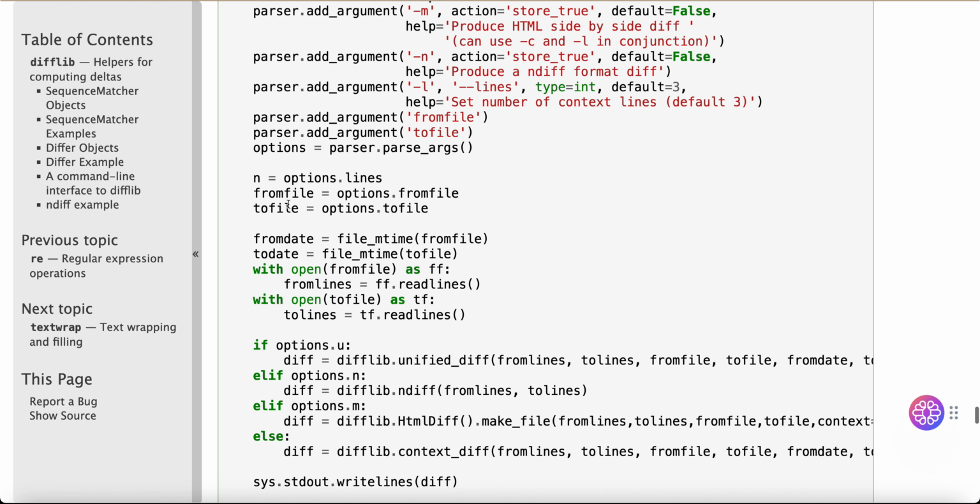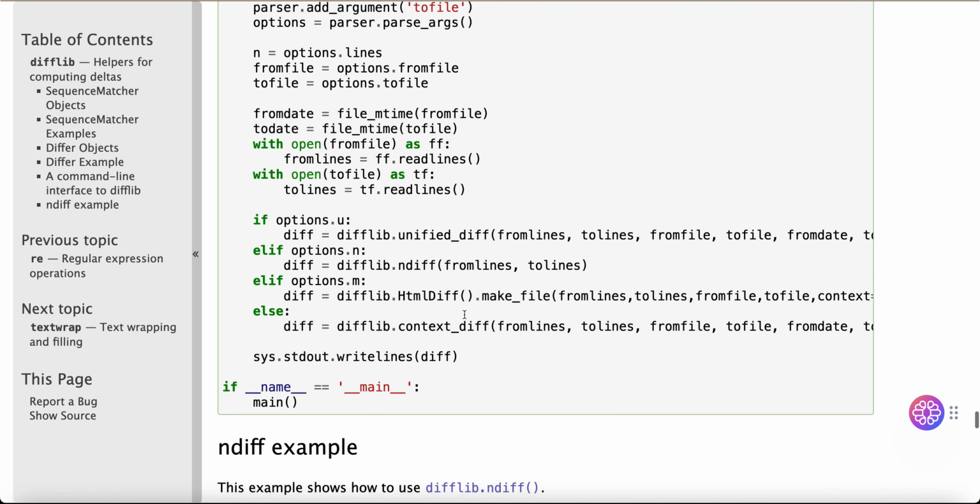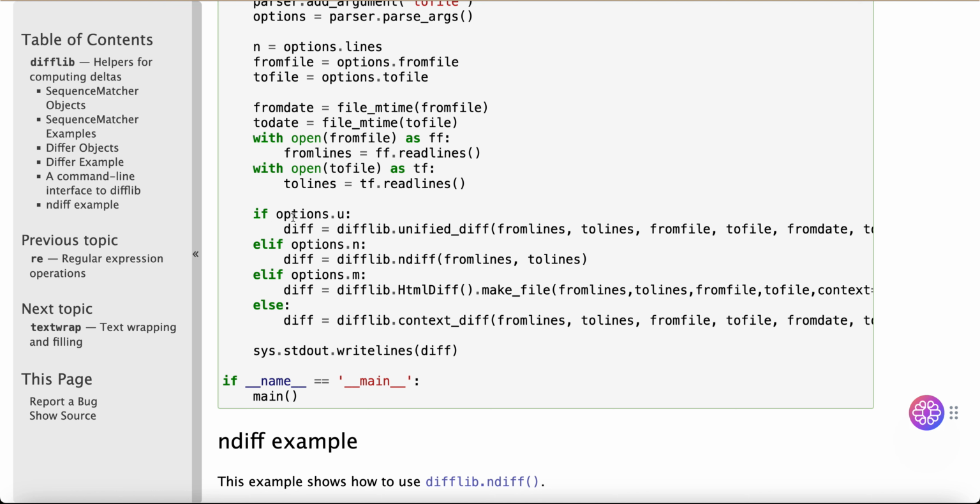fromfile = options.fromfile, tofile = options.tofile. fromdate = file_mtime(fromfile), todate = file_mtime(tofile). with open(fromfile) as ff: fromlines = ff.readlines(). with open(tofile) as tf: tolines = tf.readlines(). if options.u: